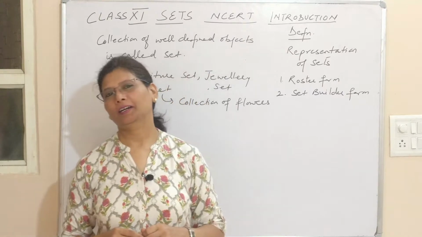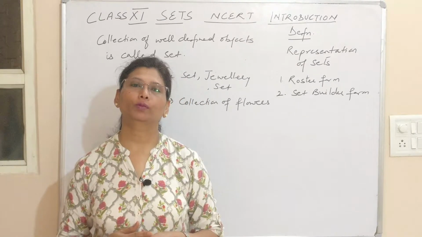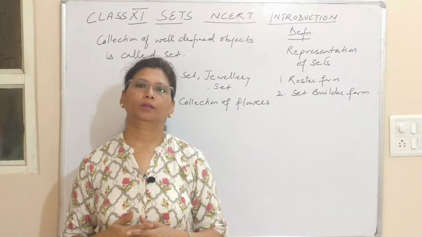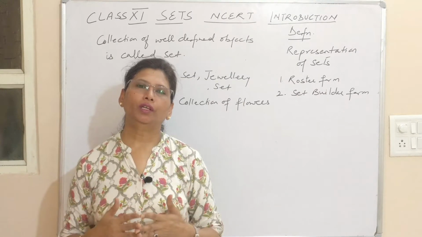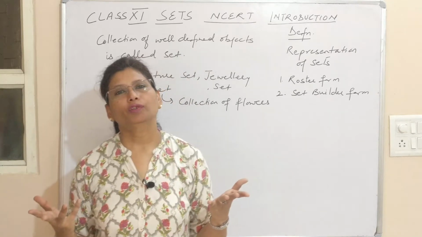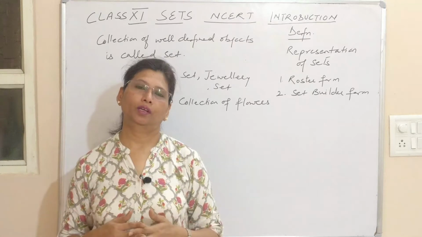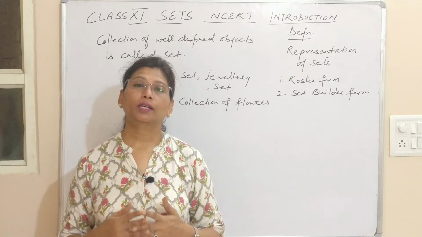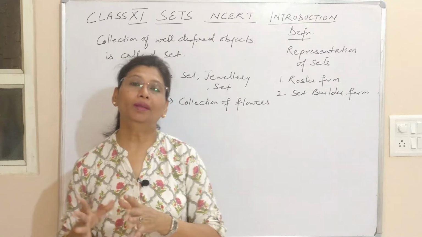Today I am taking the class 11th video and I'm starting with chapter 1, which is sets. Before I start, we'll take an example from practical normal life. Generally, what do we say, what is a set? Like we say a collection of flowers, that is a bouquet. We have furniture, we have a jewelry set. So set means where we have a collection of the same or similar things.